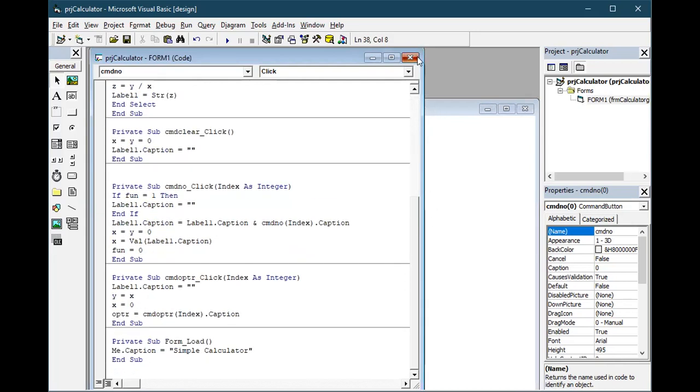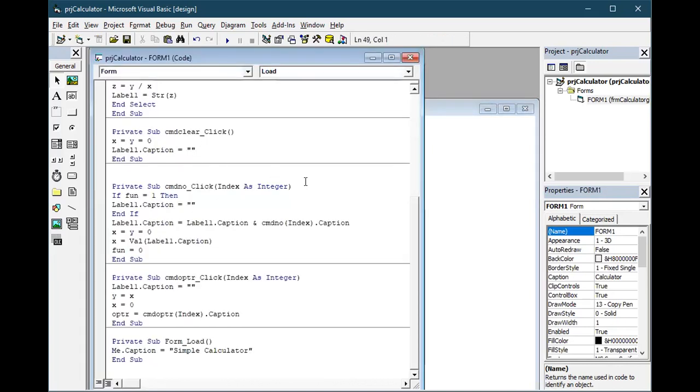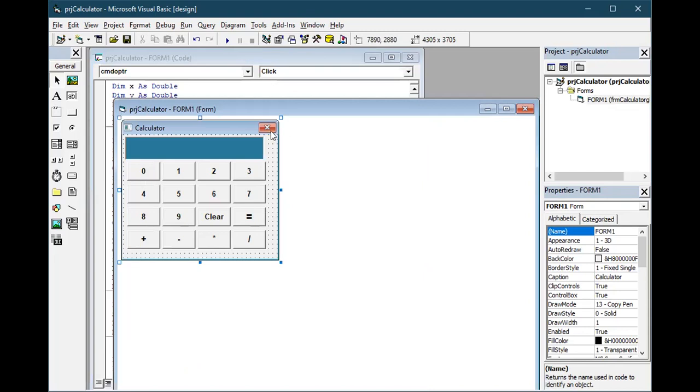Once again I repeat, as far as coding is concerned, you will write clear coding, equal to coding, plus coding, the 0 coding, and the form design coding: Me.Caption equals Simple Calculator. Coding is not much, but the output you get depends on how well you design the form.